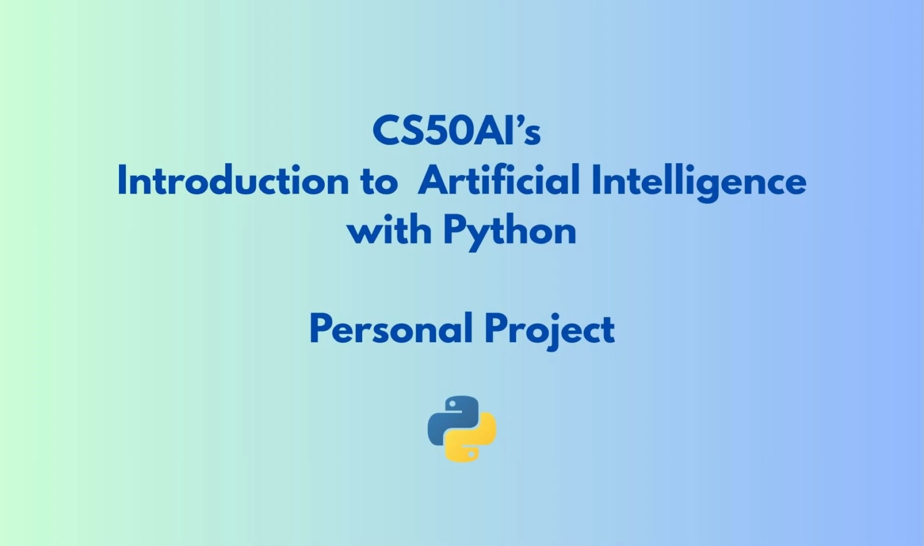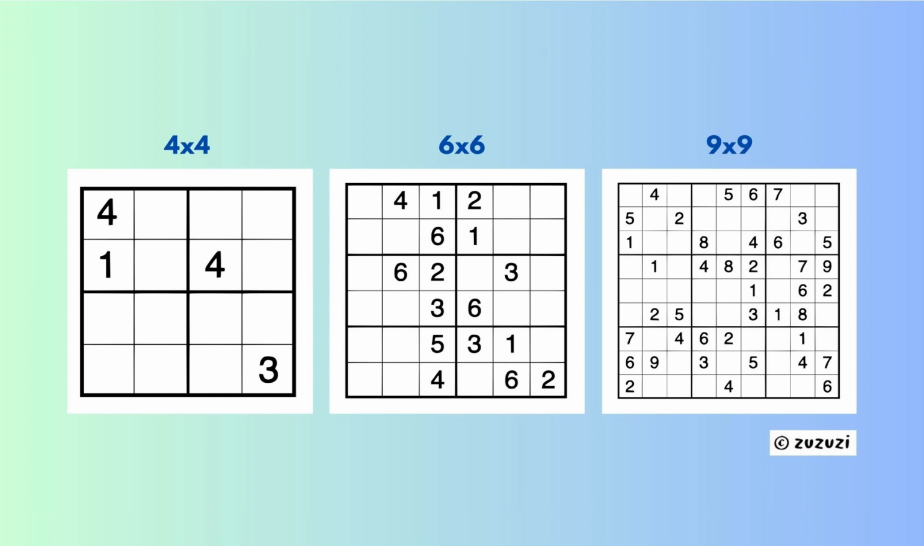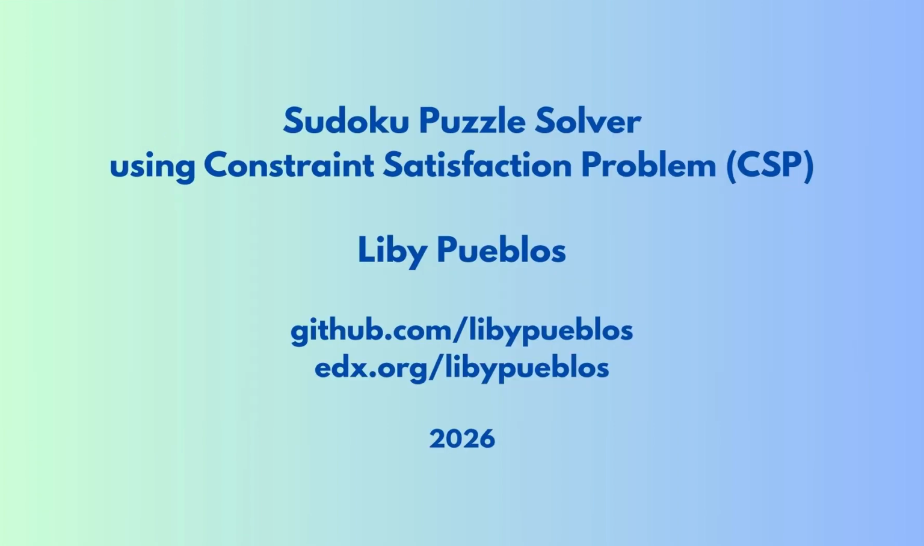Hi, my name is Libby, and this is my Sudoku Solver project, an effort to apply an optimization algorithm I learned from CS50AI with Python. This program solves 4x4, 6x6, and 9x9 Sudoku puzzles using a Constraint Satisfaction Problem approach, or CSP. It models Sudoku as a formal AI problem and applies arc consistency, backtracking search, and heuristics to find the solution